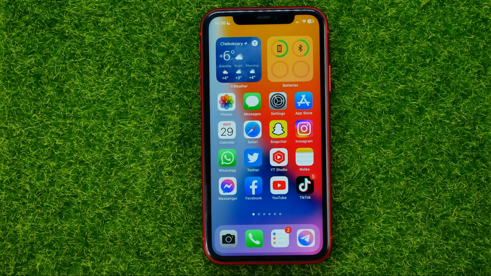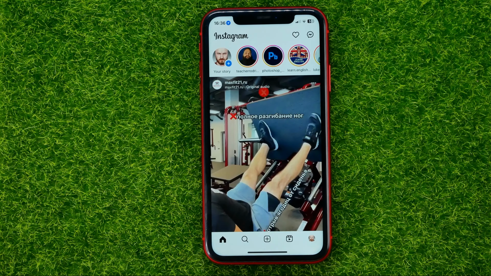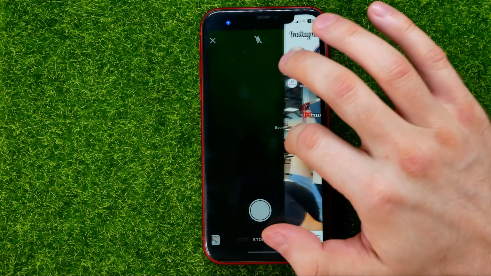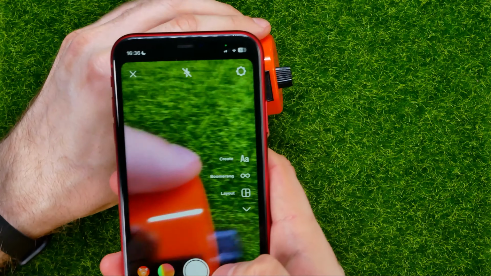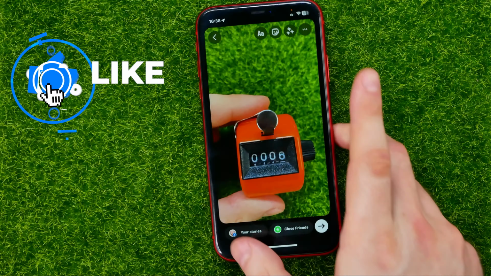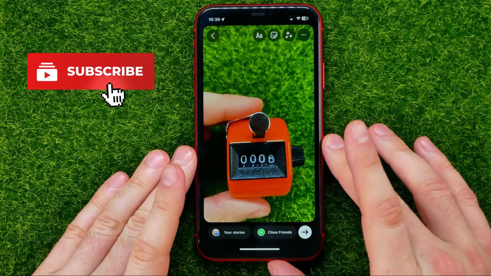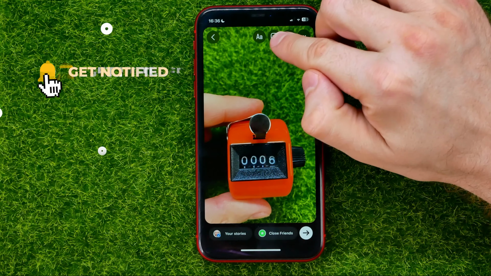So let's begin, and first off, open up Instagram app. Then swipe to the right to bring up story camera. Then just take a picture of some object, and that's where you should add a countdown timer just by hitting